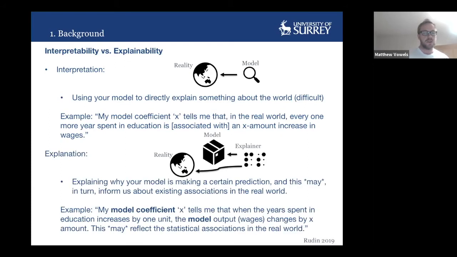On the other hand, if you have explanation, we're talking about having a model. It could be a black box model, something that's really hard to interrogate on its own. And we're going to use some explanation technique or explainer. Here I've characterized it as these dots, where each dot might represent the importance of a variable being used by that model. And then maybe indirectly we can make inference about reality via this explainer, but it's still going to be a bit of a leap. Whenever we're going from our model or our analysis to reality, there's still a leap there. So we need to be really careful about what we're saying when we make that leap.